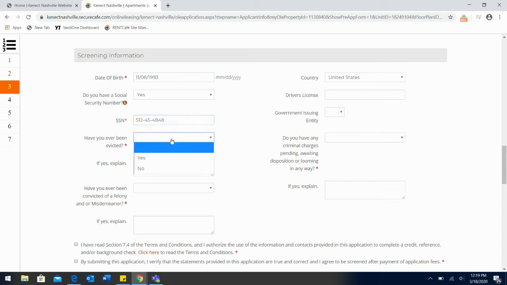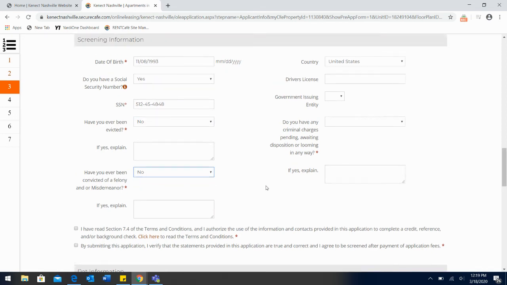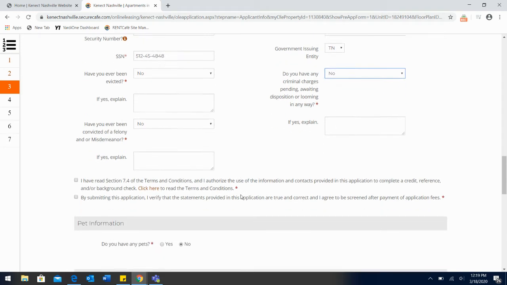Have you ever been evicted? No. Have you ever been convicted of a felony or a misdemeanor? No. Driver's license, go ahead and type in the number there and what state that is issued in. Do you have any criminal charges pending, awaiting disposition, or looming in any way? All